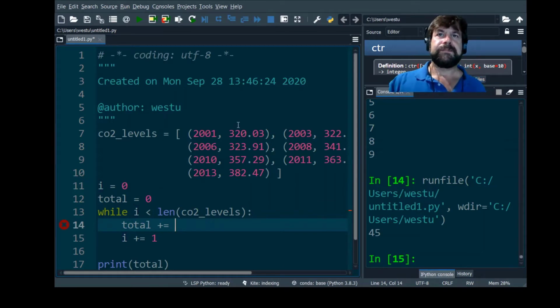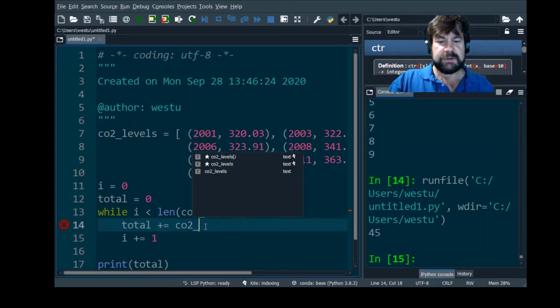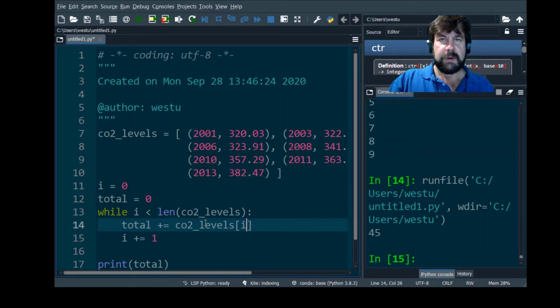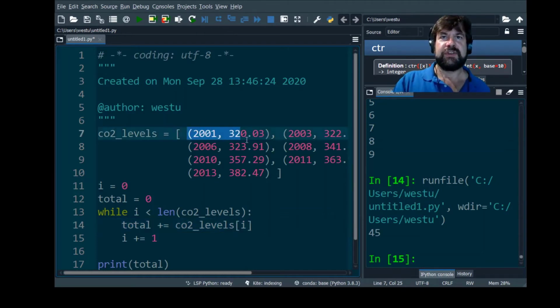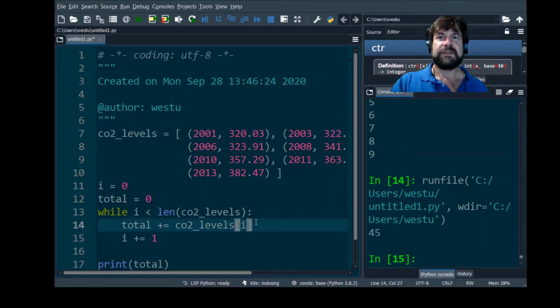Well, we want to total this component of each of these tuples, right? We know that the name of the list is CO2 levels. We know that I is going to walk through all the possible indices, and each one of those indices is going to return a tuple, right? So 0 will return this tuple here, and we know that what we want to add up is this concentration. This is the 0 element of the tuple. This is the 1 element of the tuple. So we can actually just hard code that in as a 1,